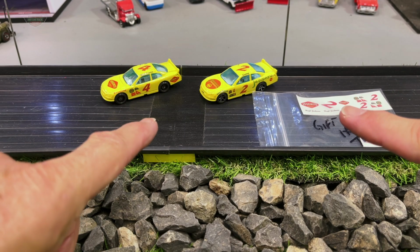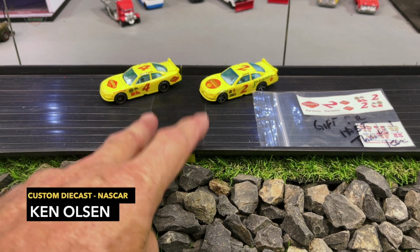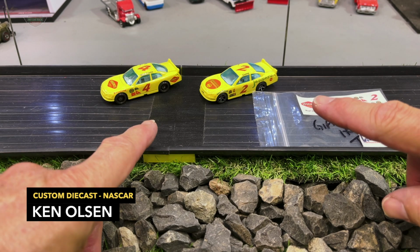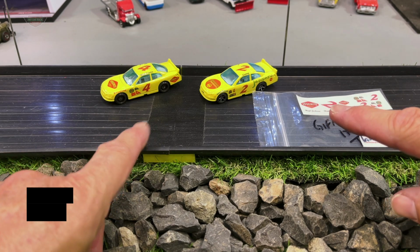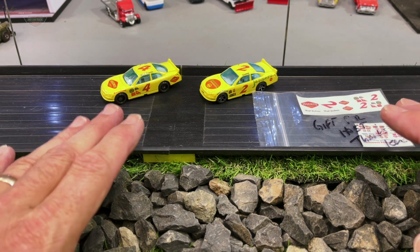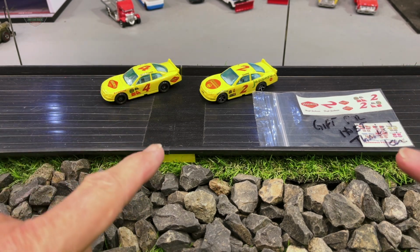This video here is from Ken Olsen. He sent in 2 Nascars for the Nascar series happening later in this year. I do apologise for not throwing this up on the channel earlier, mate. I was waiting for an opportunity to throw these down the track. However, not available to do this at this point in time, so I thought let's just show everyone what you